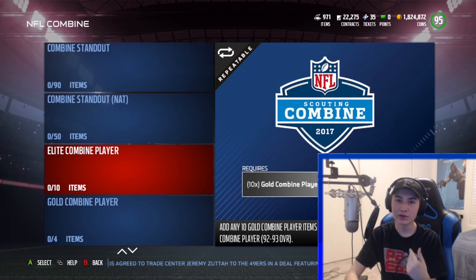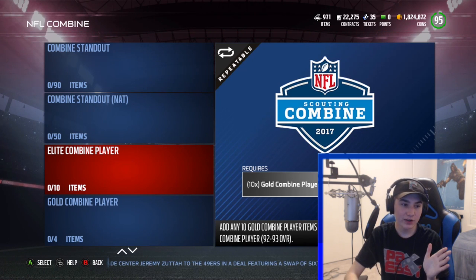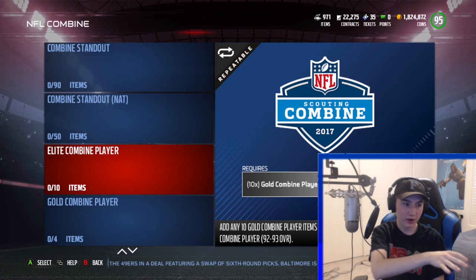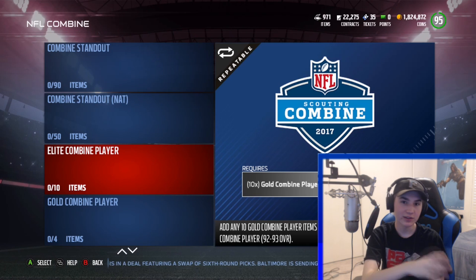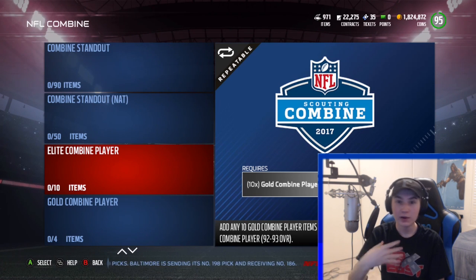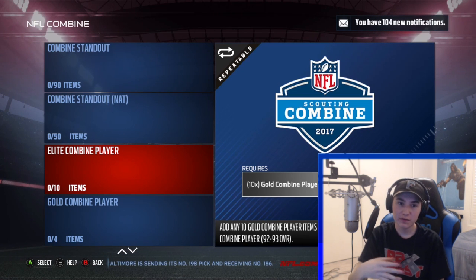So if you were to just go through and sell them, how many coins you would make. And on average, you make about 48 to 49,000 coins off each random Combine player. So in order for this to be worth it, where you put the 10 gold Combine players in, you want to be doing it for less than 48 or 49,000. So in my mind, you want to be paying about 4,300 to 4,400 for each gold Combine player,